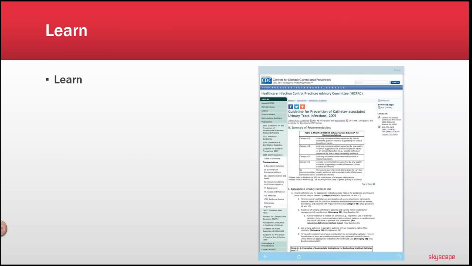So you could take this and utilize it as an assignment for your students. And what a wonderful way to connect evidence-based practice to skill performance by demonstrating to your students, okay, not only are we going to learn the skill, we're going to practice the skill, we're going to test the skill, but we're also going to look at the most recent evidence on that skill. What is best practice?